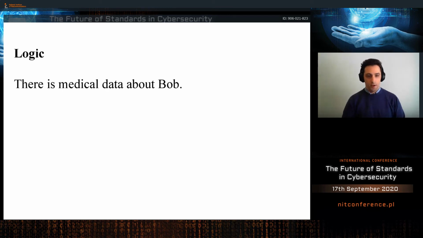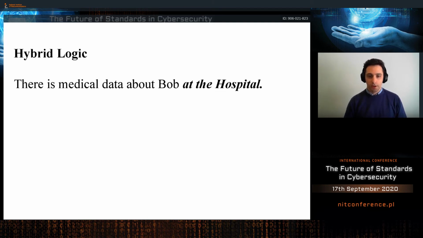So let's see, here is an example of a statement in some logic. Then we're saying that there is medical data about Bob, and this can be formalized in our logic. In order to talk about interaction and where data is, so express communication in terms of data manipulation, we need to say how data is going to move in our system. And actually, hybrid logic has the instruments, the mathematical foundation to allow us to express and formalize this